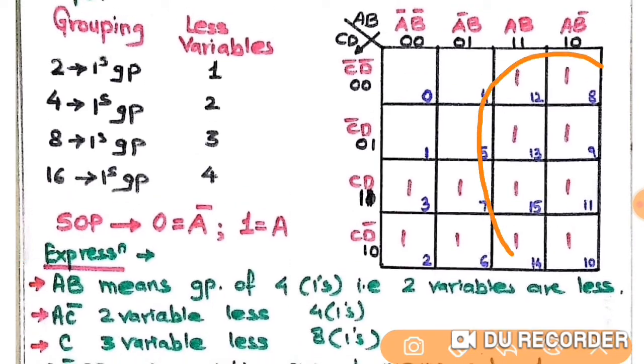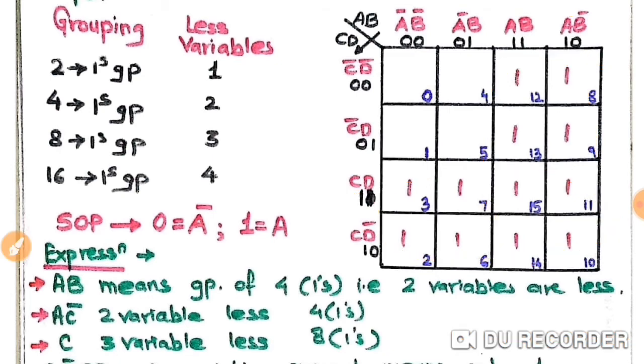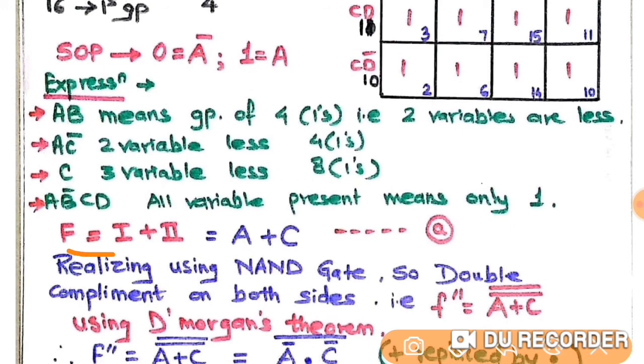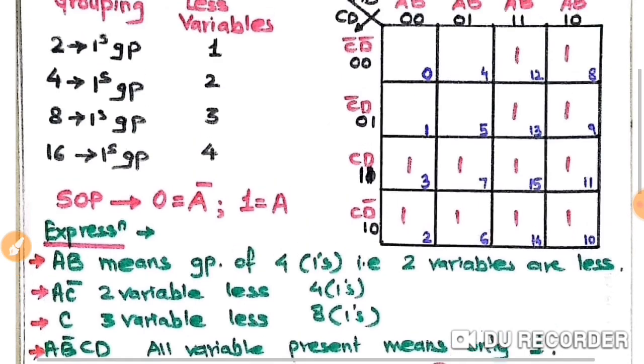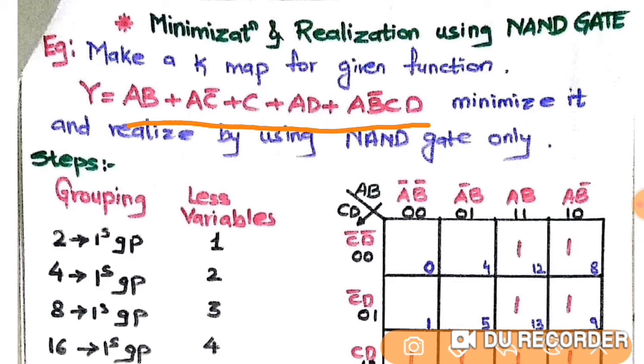Now talking about this group, what is common here? A is common here. So I'll pick A from this group, right? Then talking about this group, what is common here? C is common. So from this group I will pick up C. So what is the function that I have? I can write 1 plus 2 as A plus C. So I have written this 1 plus 2 as A plus C. This is my minimized equation. Why am I calling it the minimized equation? See, the equation was so big and now I have minimized it to only A plus C. So the first part is done, to minimize it.